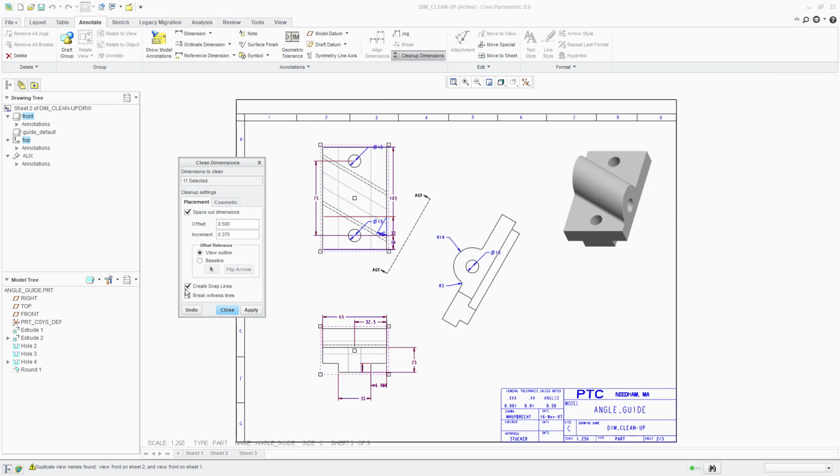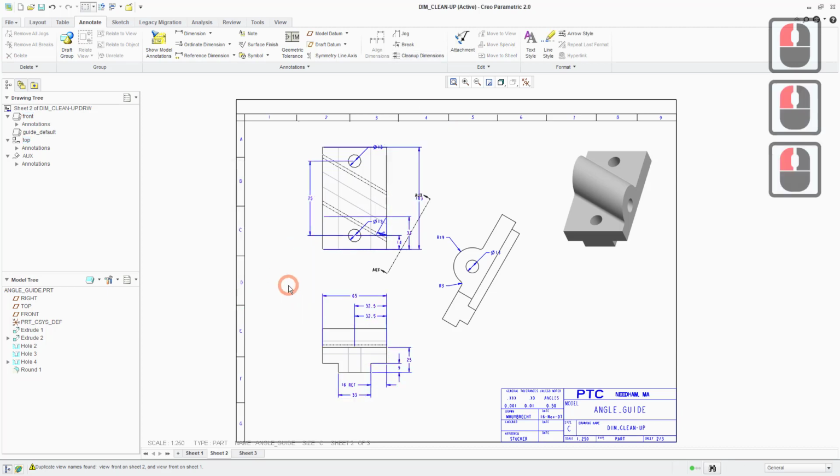Let's say we don't want to include those snap lines this time, we can deselect that as an option, and then the offset is the distance of the closest dimension to the model. So let's say we want to increase that slightly, we'll have it as 0.625, and then the increment is the spacing between each dimension. So again, let's say we want to increase that slightly from what it was, we'll have it as 0.5. So when we click on apply, you can see them jump into their new positions, and then if we click off,